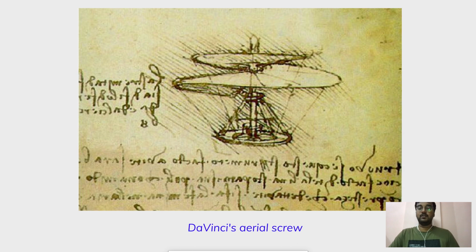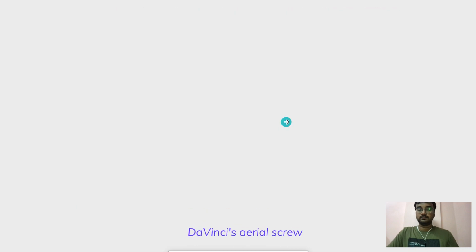So after a certain period of time, when people had enough materials to create the same, they went ahead and created it, and they came to know that this is possible. So similar to this,